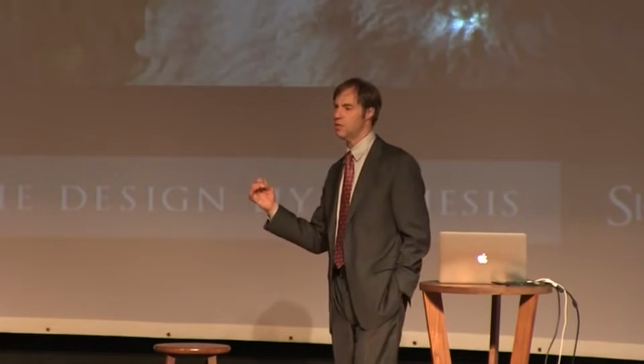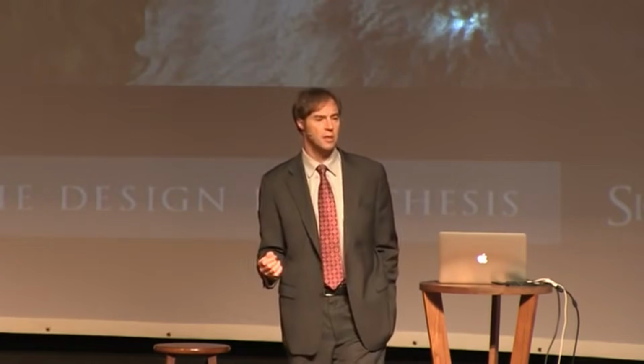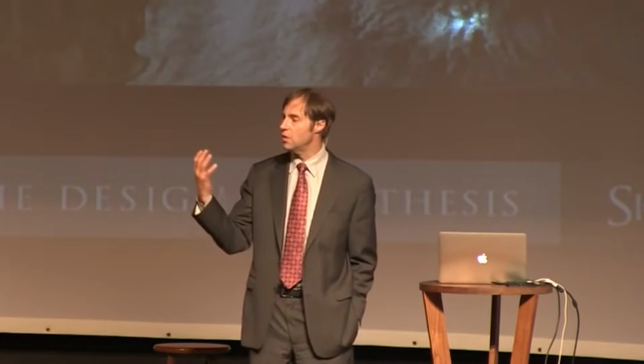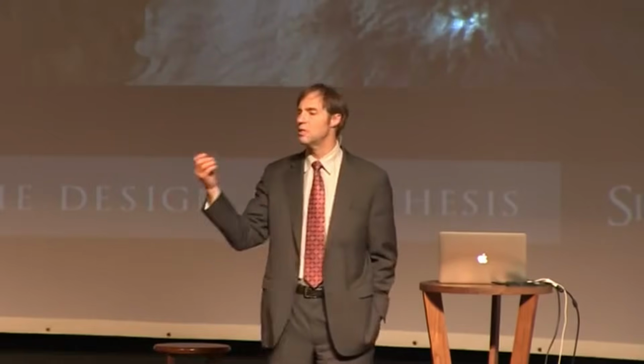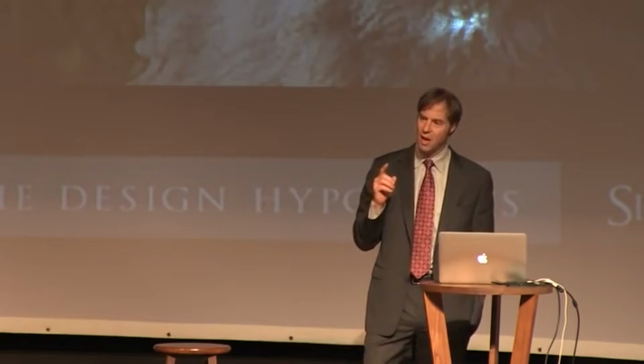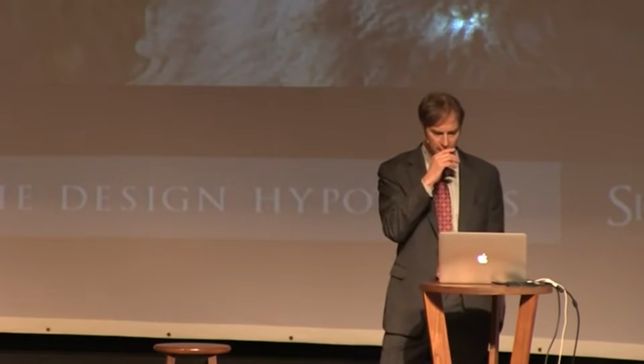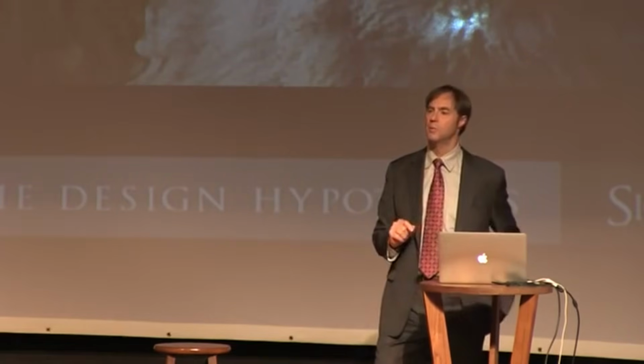And the explanation that seemed overwhelmingly compelling to biologists in the 19th century was that of design. The reason that organisms have the attributes that are necessary to live in a particular environment is that they were designed to live in that environment. They were given those attributes, those features, those characteristics that they needed. Now, Darwin came along and said, I think actually I can explain adaptation without a designer. Now, here's how it goes. Let's imagine, well, let me give you one other little piece of background information.